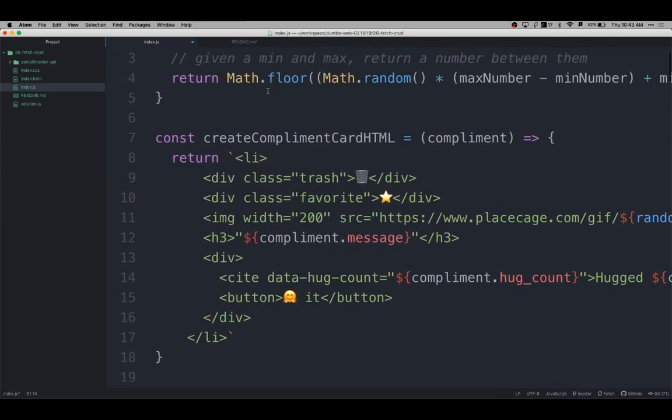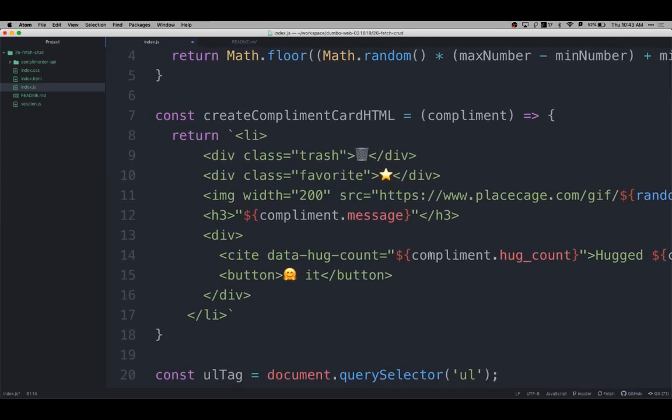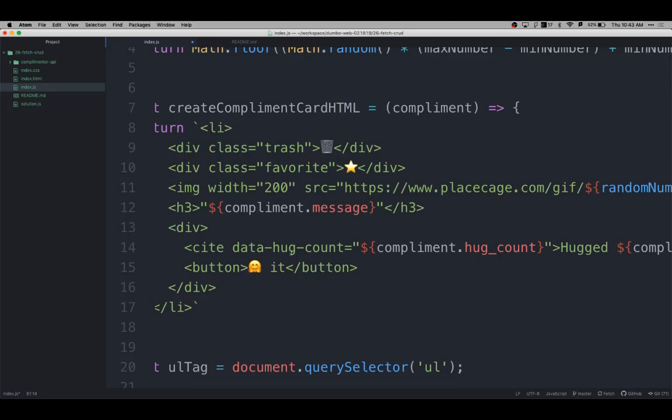And I can just go back to my template, just like I did message, just like I did hug count. And I can say dataset-ID and bind our ID to this HTML. So now we have all the information we need to update our front end and our back end. Now it's all tied together. So data-ID, and string interpolate the compliment object. And it's called ID. Right? Just to be safe,